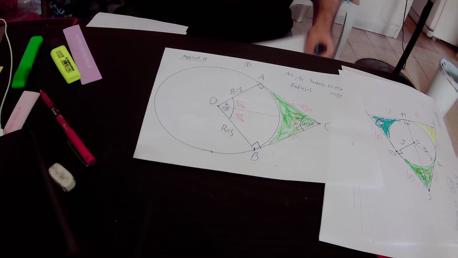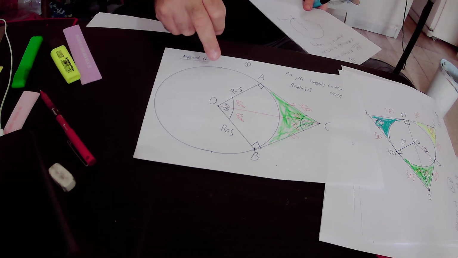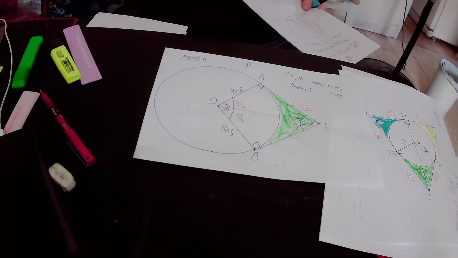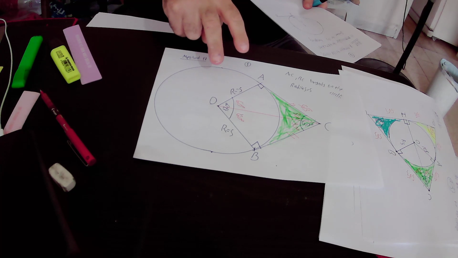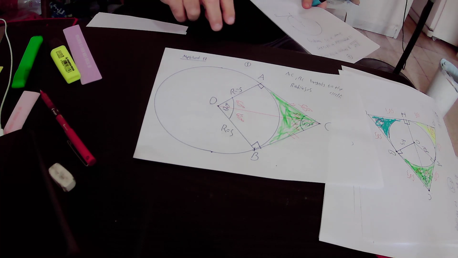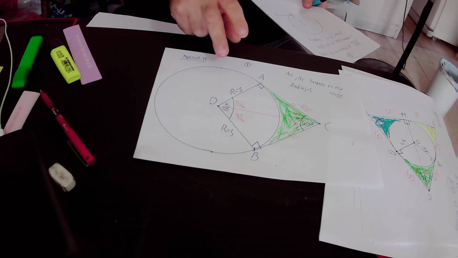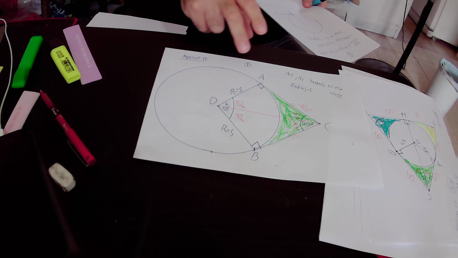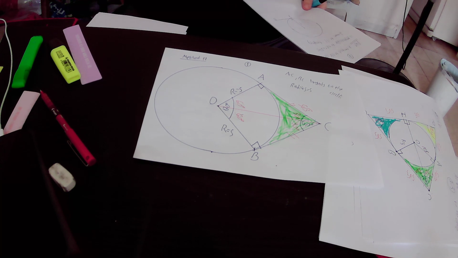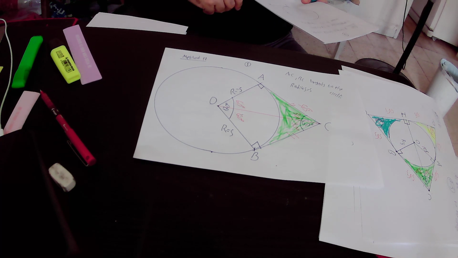we defined the center of the circle as point O. Then we joined together points A and O and points B and O. AO and BO are the radiuses of the circle that equal 5 units. It is given to us in the question. And